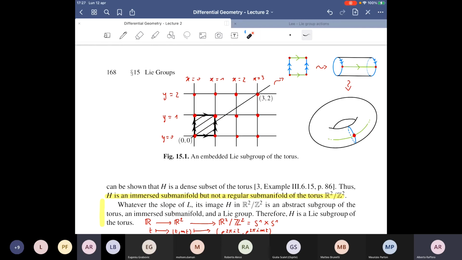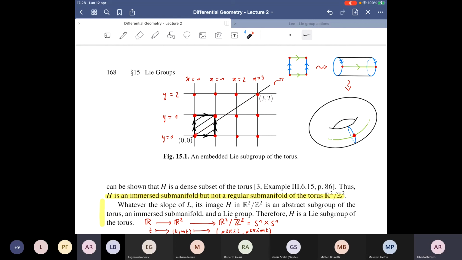So you have to imagine that once you have performed these gluings, then you will end up with some closed curve inside here. So I can't draw it properly, but imagine some curve inside here that closes up at some point. This happens if and only if this line here eventually meets a point with integral coordinates, and this is equivalent to saying that the line has rational slope.